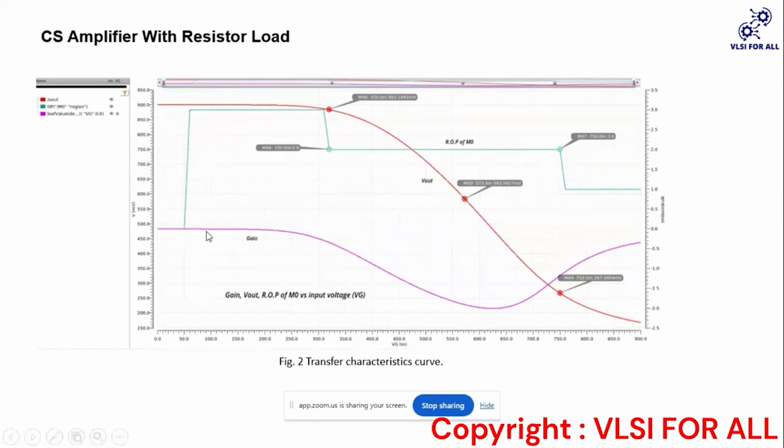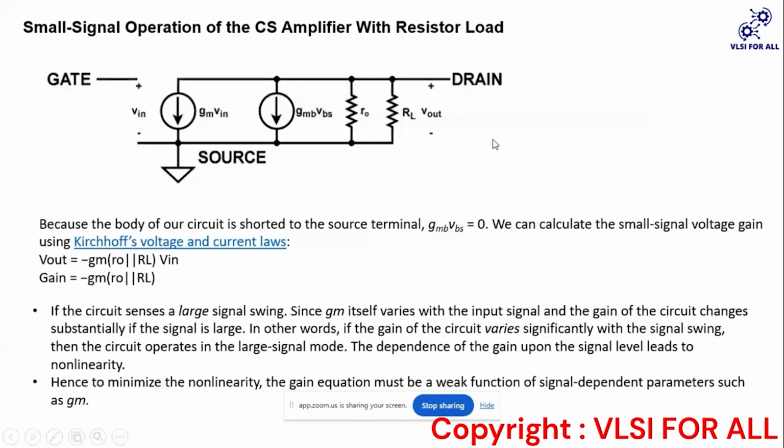And this last curve that we are going to see is just a derivative of this input output characteristic, dV out upon dV in, and that will be the gain. Now let's move to the small signal analysis of that, right? This is the gate, where we have applied the voltage V in, and because of this V in, current will be generated, since this MOSFET is a voltage controlled current source. When we apply the voltage at the gate terminal, current will be generated that flows through the drain,